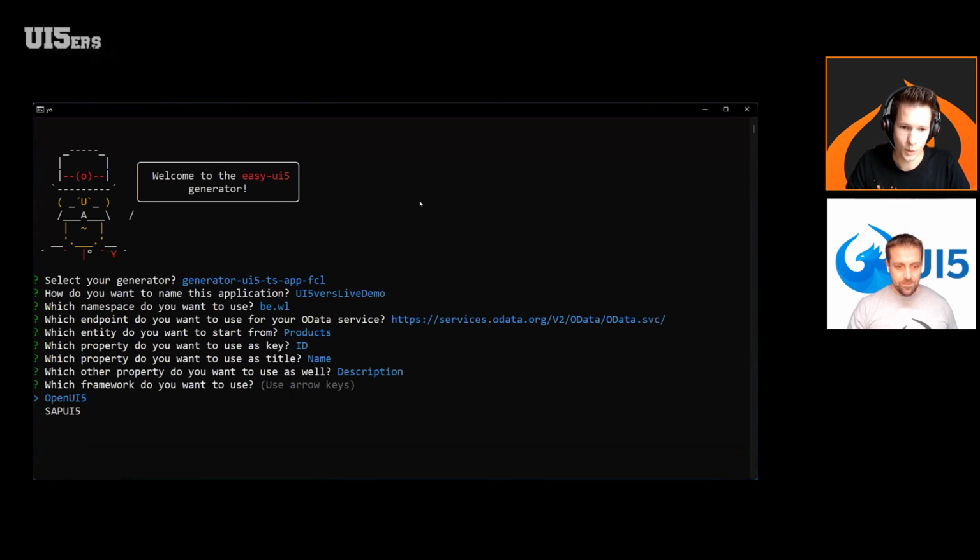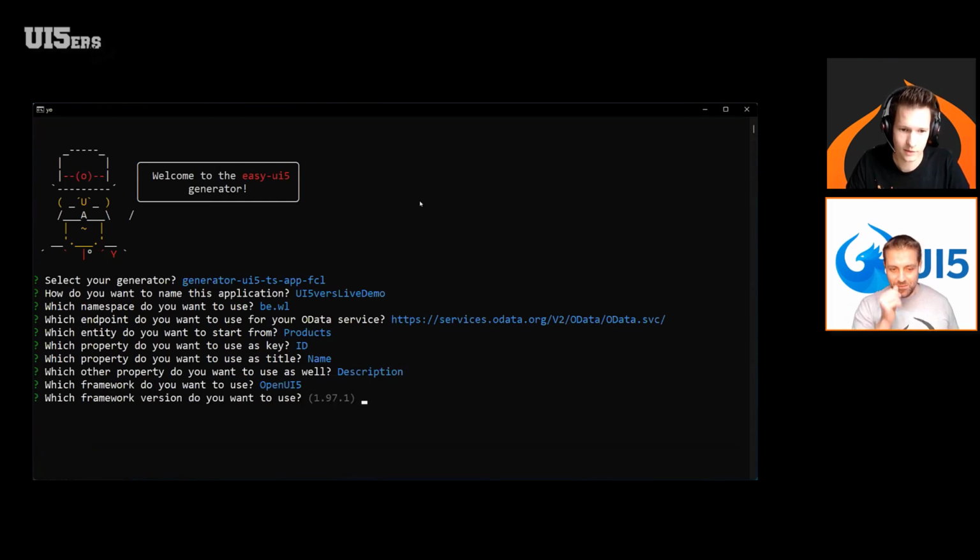And now the new questions. The questions that come now are the same as in the other generator. So I'm going to use OpenUI5 for today. To mention one thing maybe also for this version here, we also recently made an update to the templates so that these versions are also checked, so that it's always using the latest versions. There's also a nice utility, I think it's package-json, the name of this utility, which can be used to fetch the metadata for packages, and we use it to get the latest version from, for example, here in this case, OpenUI5.